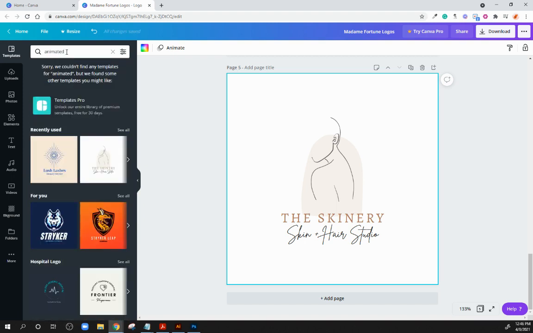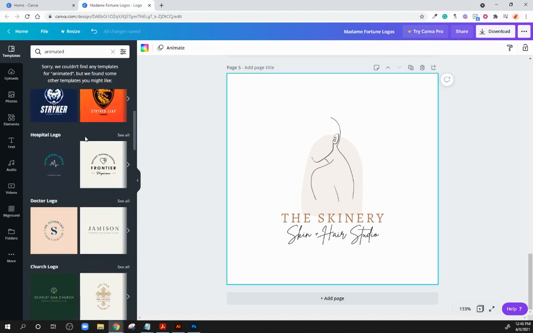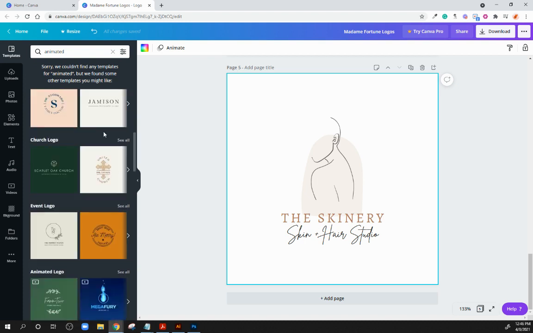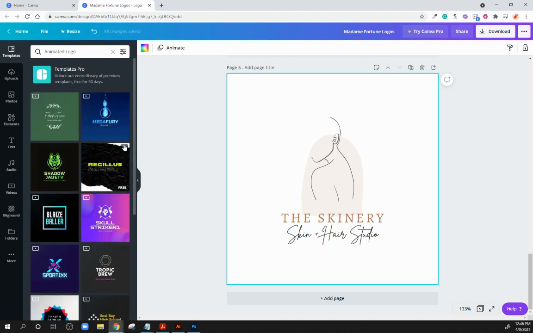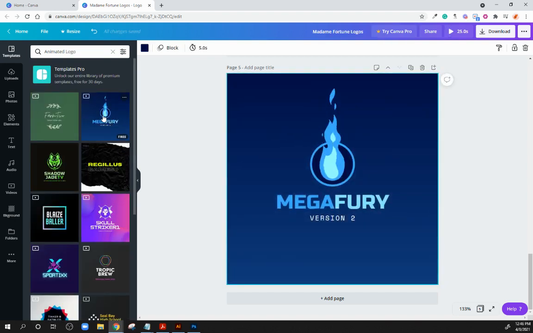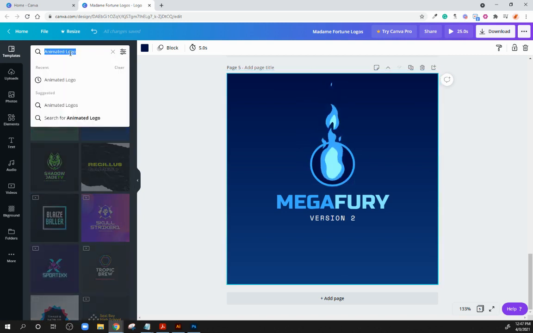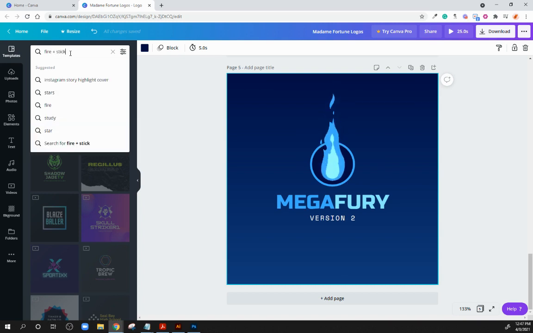Say like you're going to be a gamer, you're going to start streaming some stuff. So animated logos. You can always update that, and you can change the colors, the font style. You can even change out what the animation is. So if you go and look up fire plus sticker,